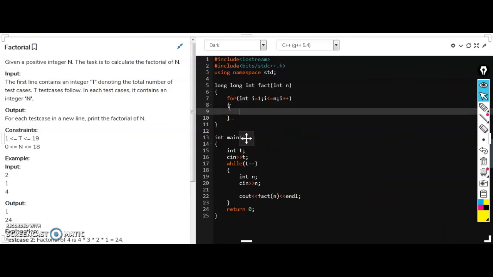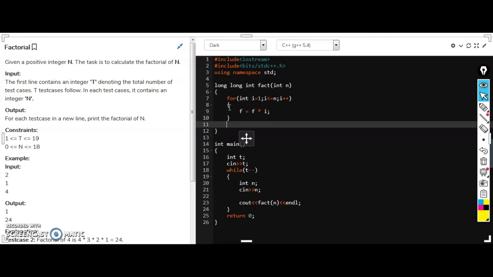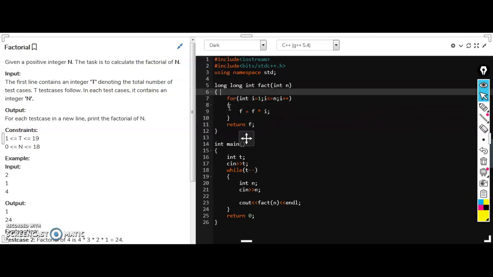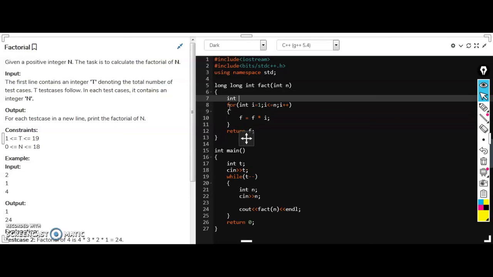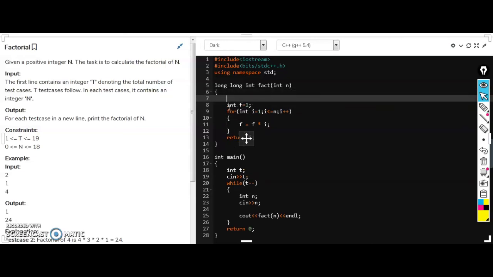चलिए सो इसके बाद हम एक नया यहाँ पर फैक्ट नहीं, हम यहाँ पर f बना लेते हैं जिसमें हम हर बार f मल्टीप्लाई बाय i कर रहे हैं, ठीक है। तो ये 1 से लेकर n तक जाएगा और जो भी यहाँ पर f में आएगा वो सिंपली हम रिटर्न कर देंगे। तो f हमने अभी डिफाइन नहीं किया है तो चलिए इसे डिफाइन कर देते हैं एंड f जिसमें हम इनिशियली डाल देते हैं 1, राइट।